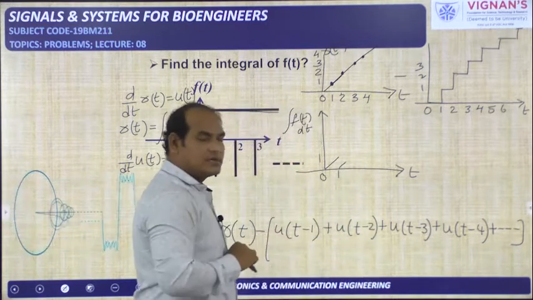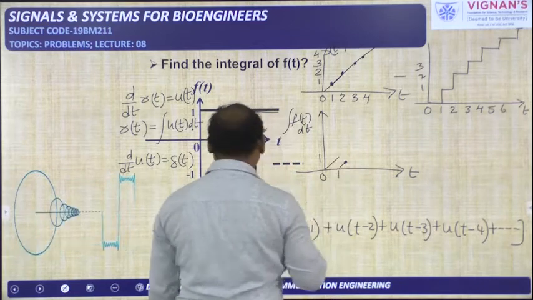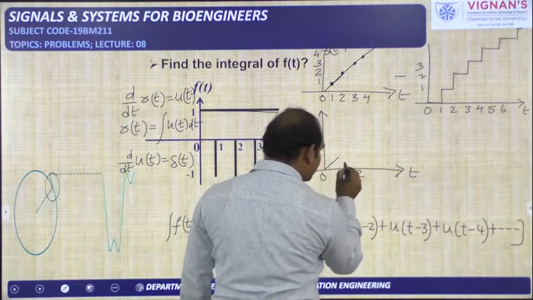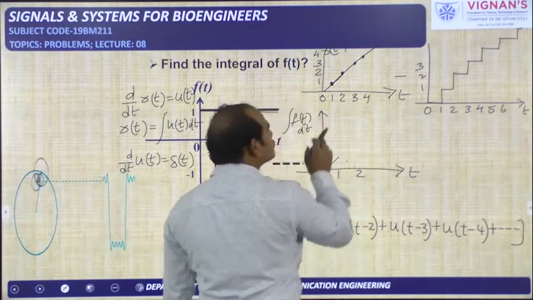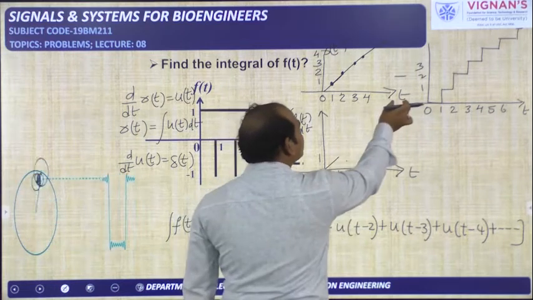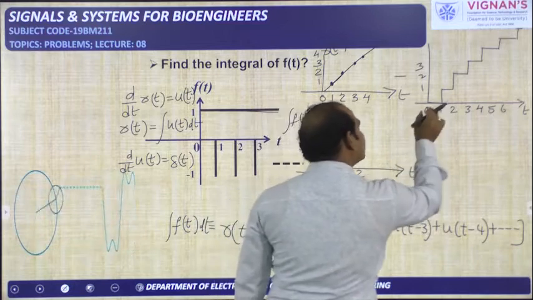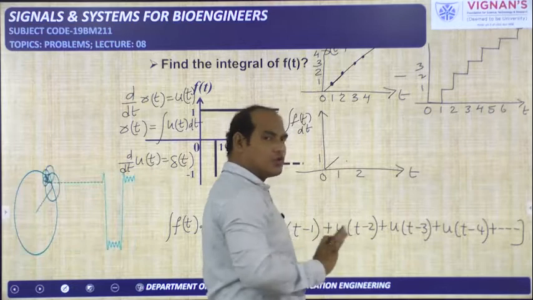Like this you will get. Otherwise you simply take this as 0.5. At 1.5 also, it is 2, it is 1.5. So here you will get like this. Okay, so you see carefully, when t is changing from 0 to 1, it is 0 only. So 0 to 1 it is changing, it is 0. So you will get 0 to 1 over.